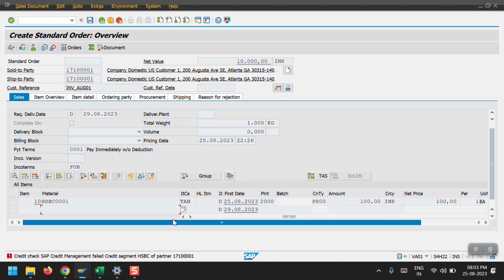So yes, in my system currently something happened, and instead of this, I should get the message from SAP credit management that the credit limit is exceeded, so we cannot create the sales order. I should get this error message, but something has changed, and due to that I'm getting this error message. Anyhow, the system checks the credit limit, and we have maintained the information while maintaining this material and all those things initially. So this way